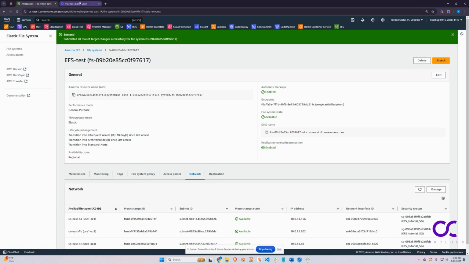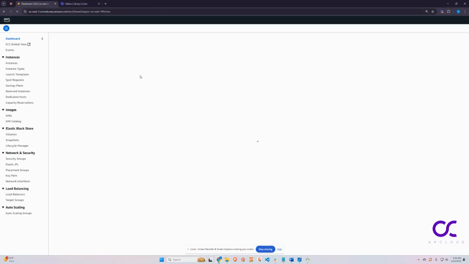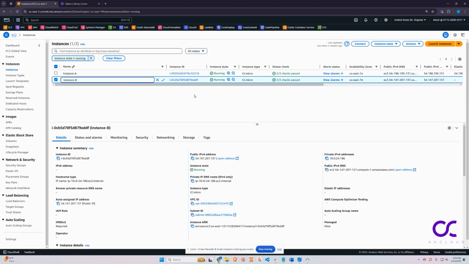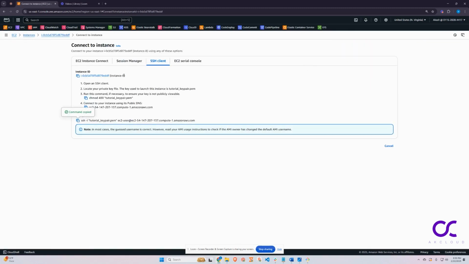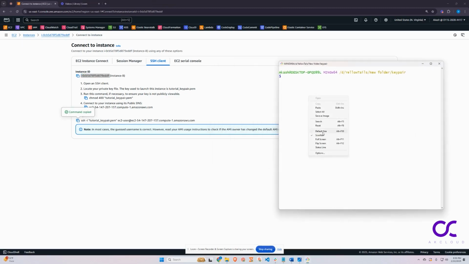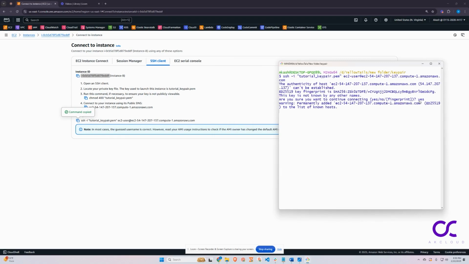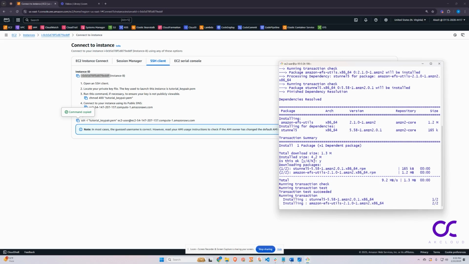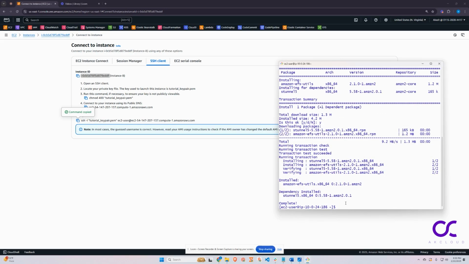So I'll do a similar process on my other instance. Let's go to EC2, instance B. It's passed the health check, connect. This is instance B, SSH. Then I'm gonna use this one. So this is complete. Let's do similar, make directory -p,